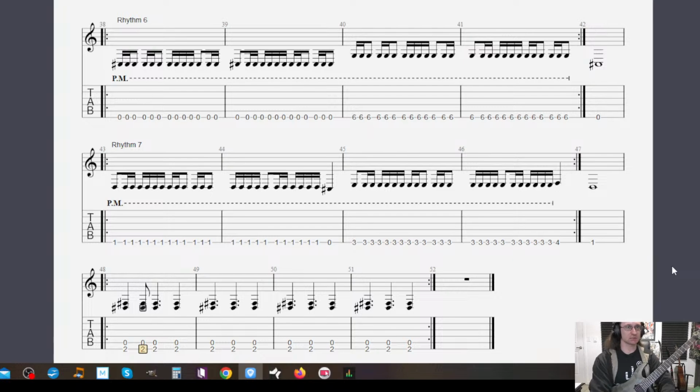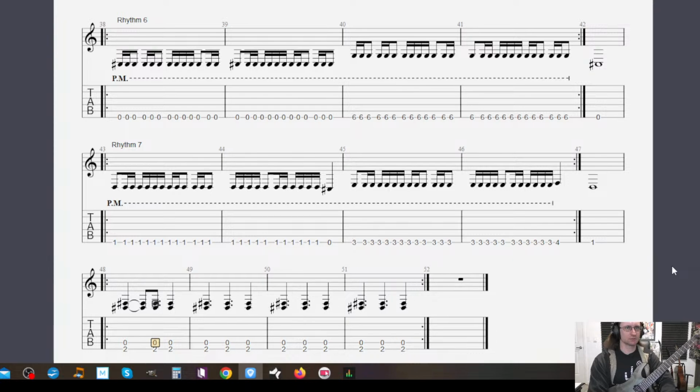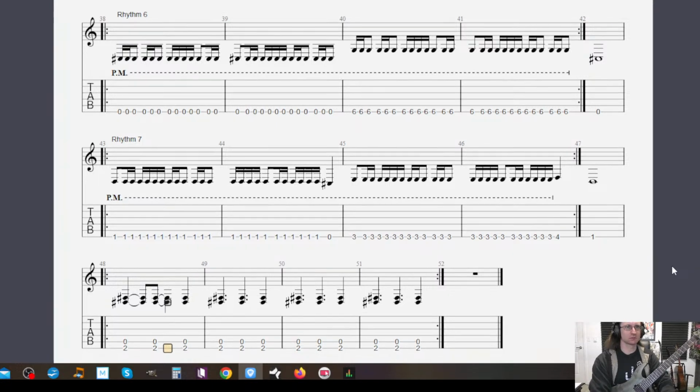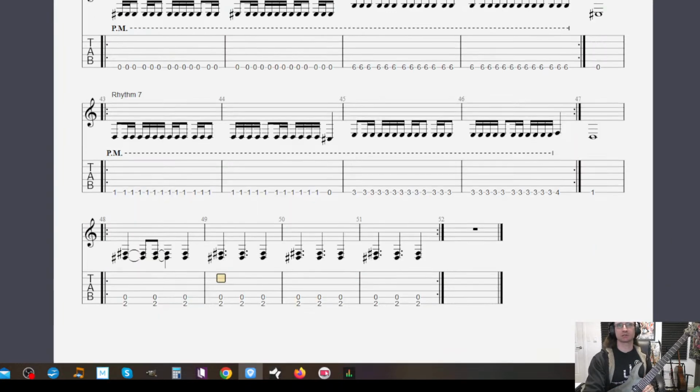We're going to tie it to that. Turn that into an 8th note. Tie that to the quarter. Okay, so that's two different ways of looking at the same rhythm there.